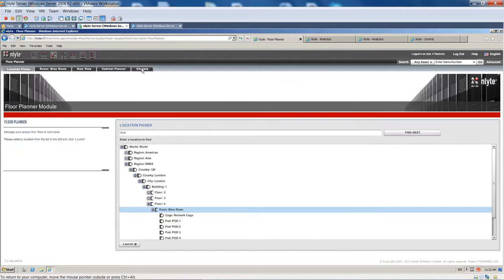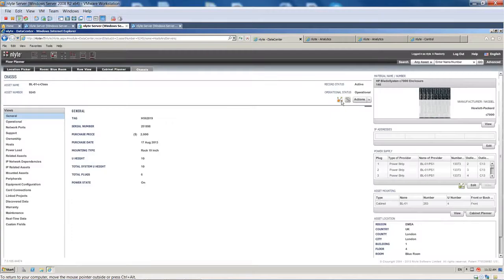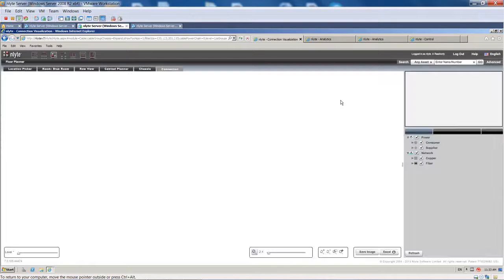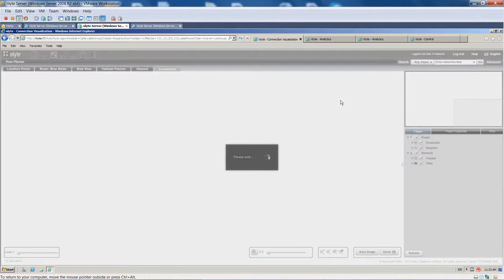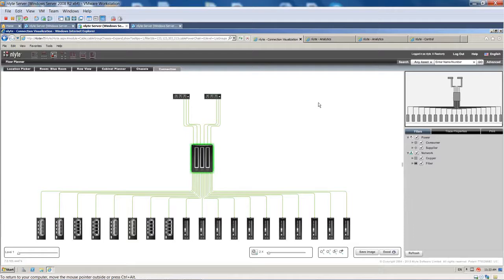I'm going to close a couple windows down here, and we'll go back to the chassis view, and I'm going to ask to see connections. So like we saw in the cabinet planner, we understand connections, and this is another way I can look at that type of information. Here I'm currently looking at level 1 of information centered on my C7000 blade enclosure, and